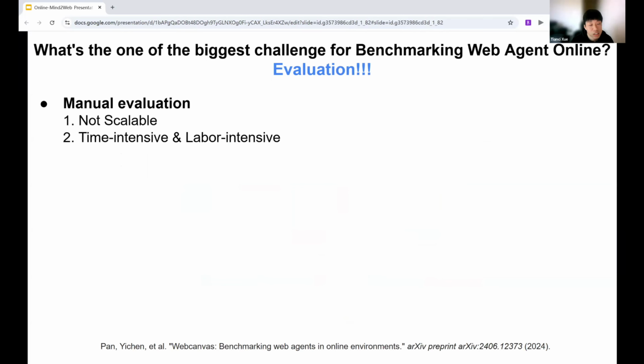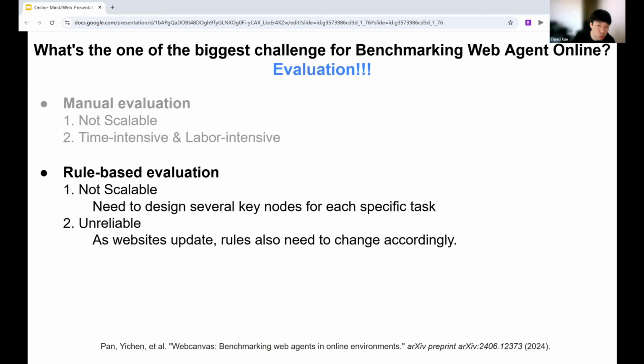In fact, we cannot always rely on human evaluation, which is time intensive, labor consuming, and not scalable. Therefore, one of the biggest challenges is how to build a reliable evaluation method to evaluate the performance of agents on dynamic websites. After some survey, we found that current automatic evaluation methods are still unreliable.